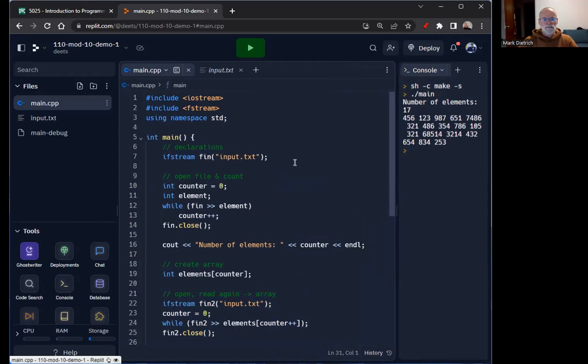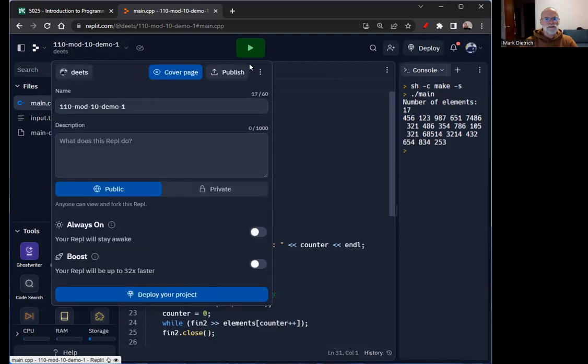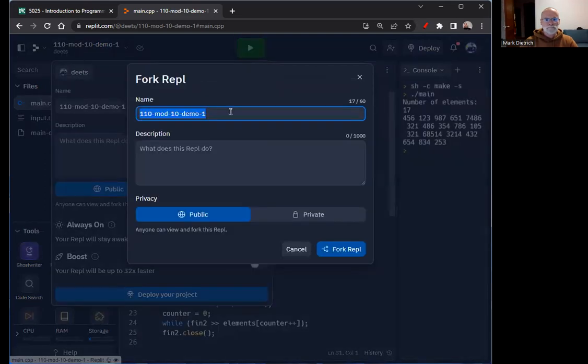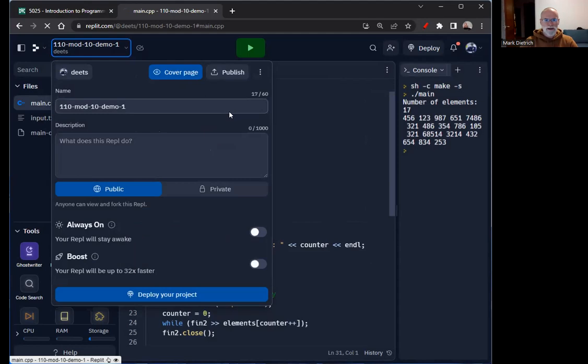Now, I mentioned before the way that is okay to do it, kinda, is to create an artificially large array and then just keep track of how many elements are in it. So let's kind of code that now, just to show the difference. Matter of fact, let me fork this. We'll make this a demo 2, and